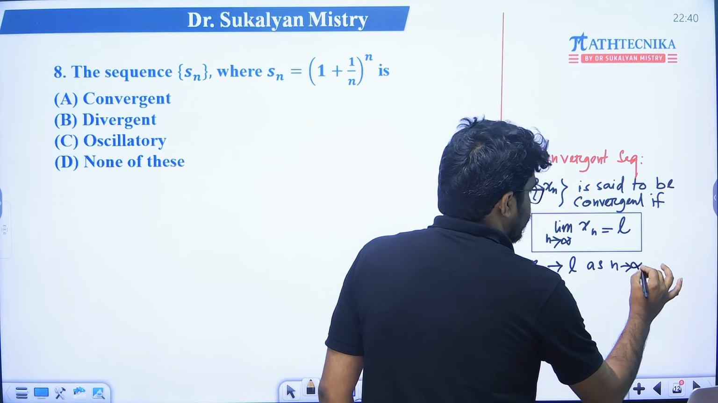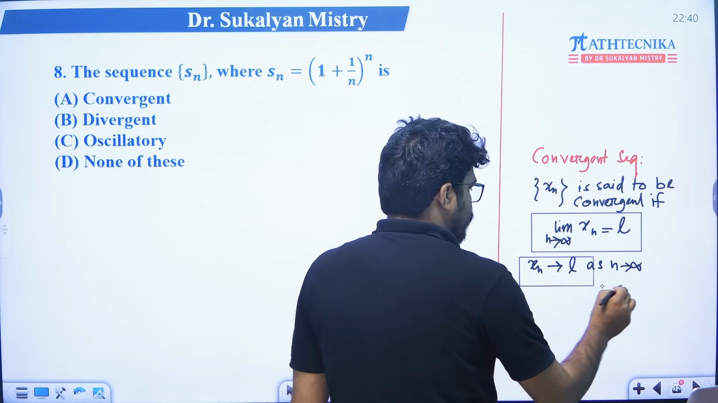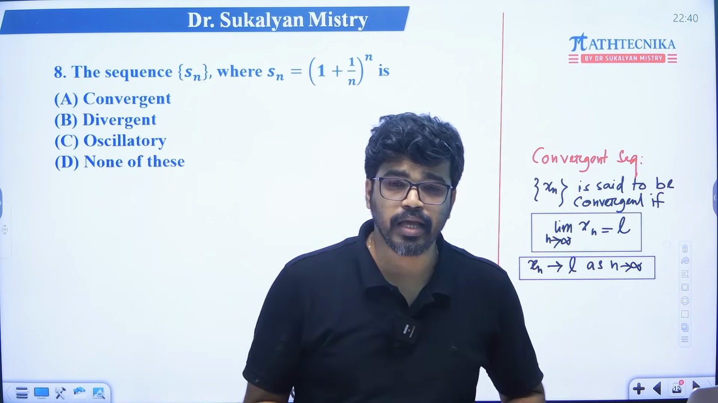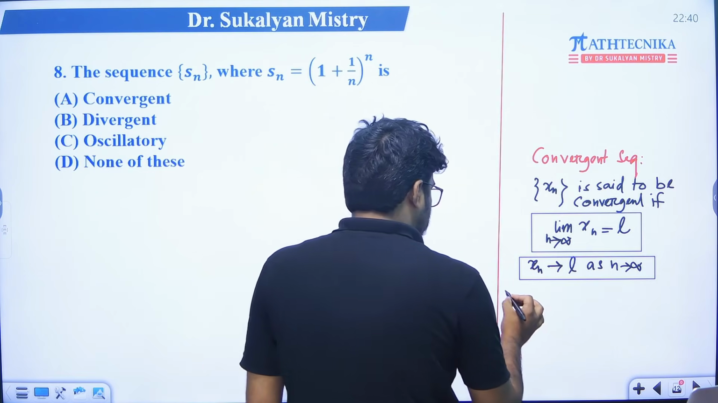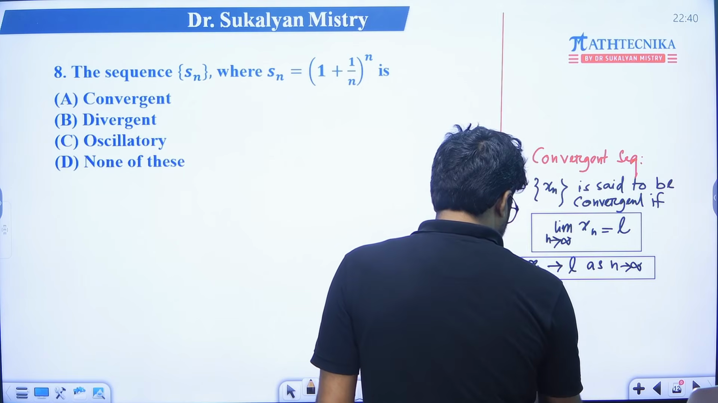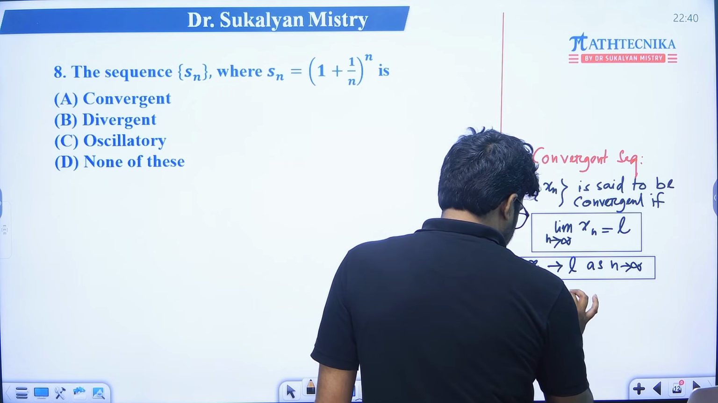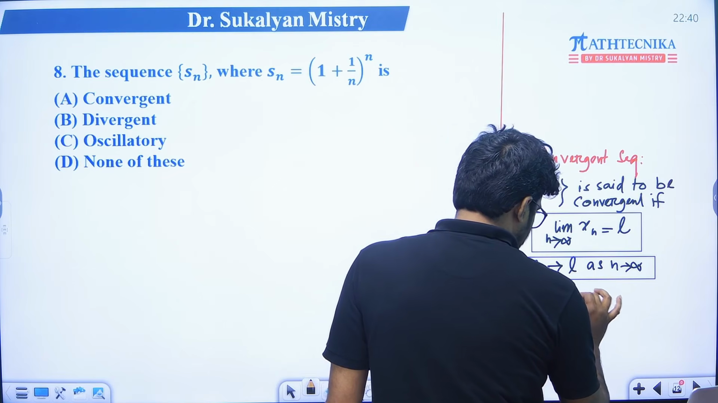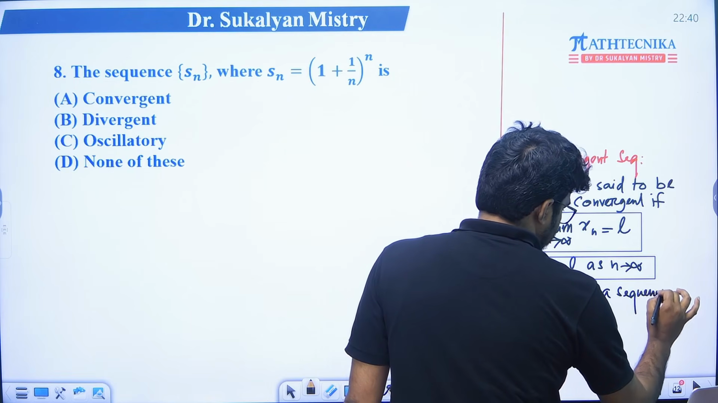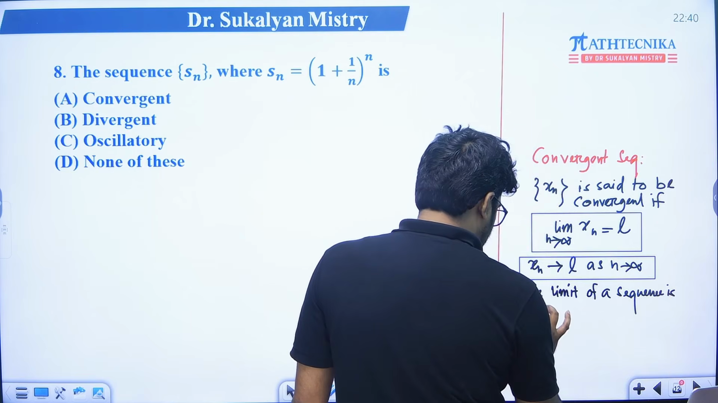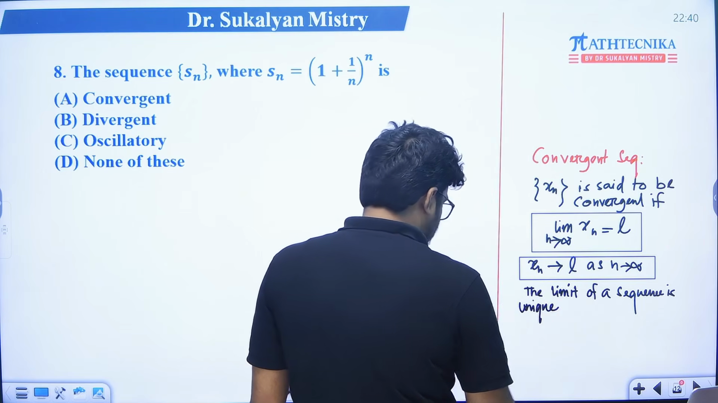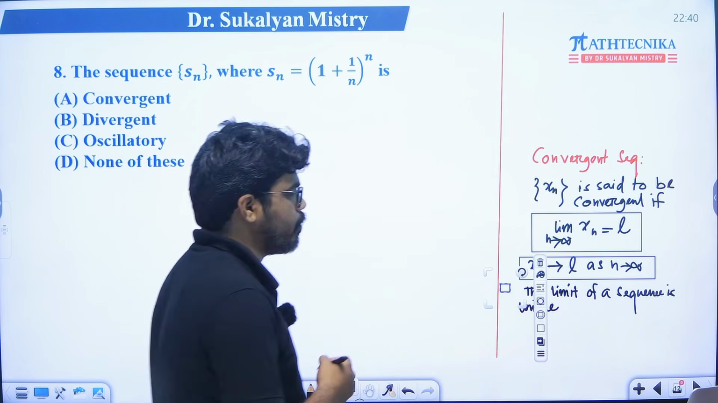It should be noted that the limit of a sequence is unique. একটা সিকোয়েন্সের একটাই লিমিট থাকবে। The limit of a sequence must be unique. It is a very important note. Note all the points. The limit of a sequence is unique. একটা সিকোয়েন্সের একটাই লিমিট হবে।